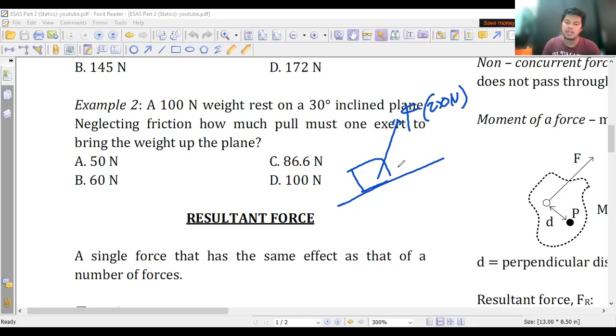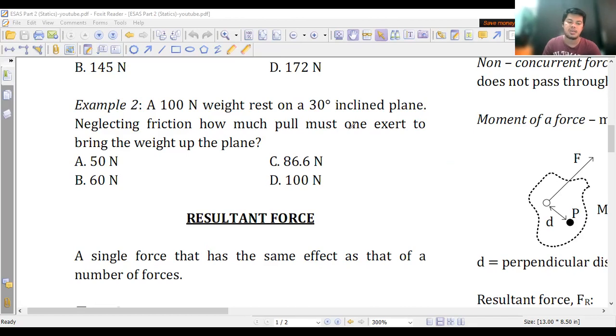The effective force actually is the component of the force that is parallel to the plane. So this force, shall we say P, is the force that is actually the effective force that pushes the block, or that brings the block up the plane. So it's not the 200 Newton force. So in this problem, we are asked, what would be